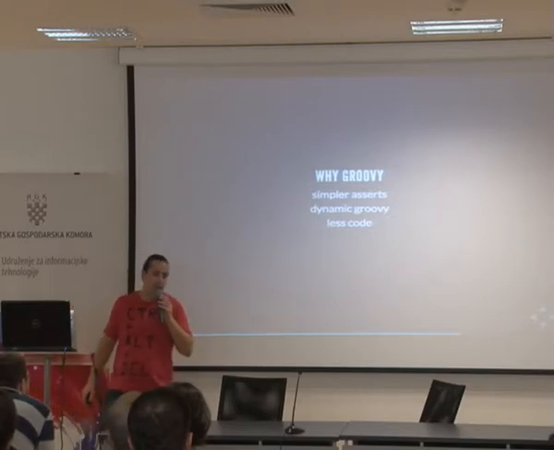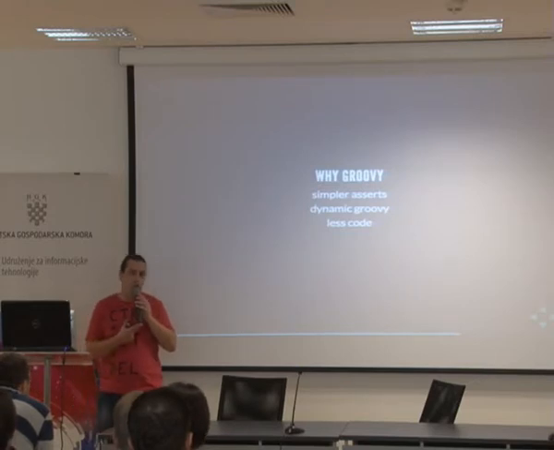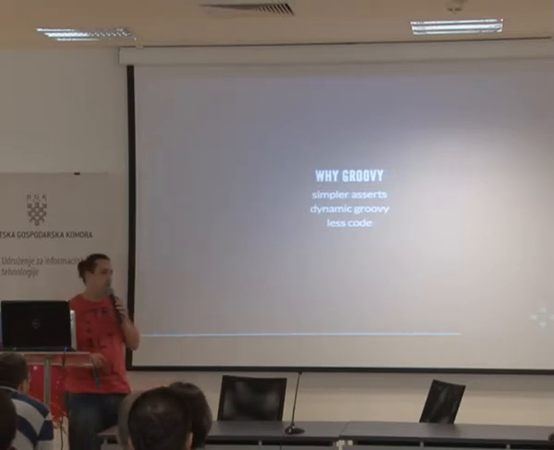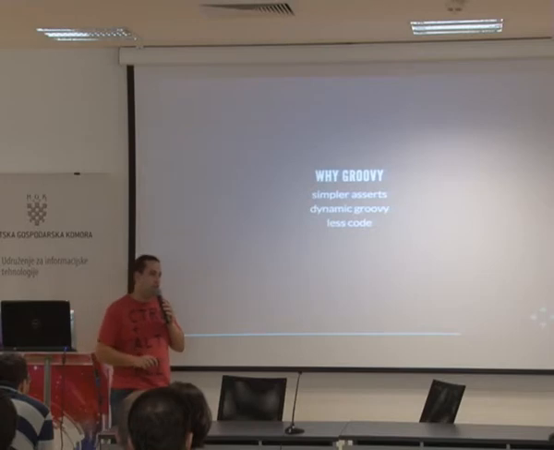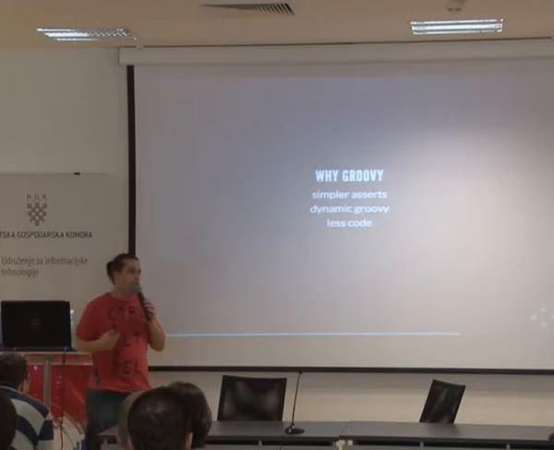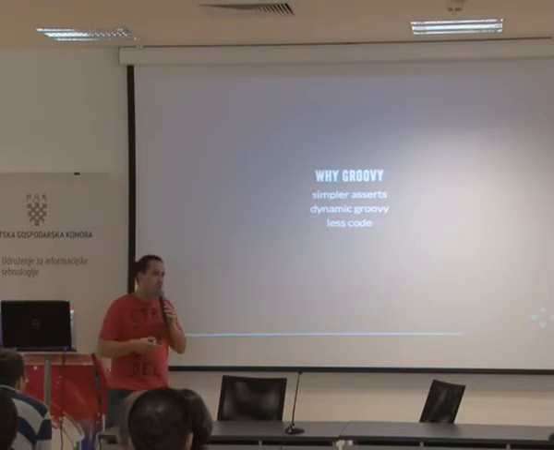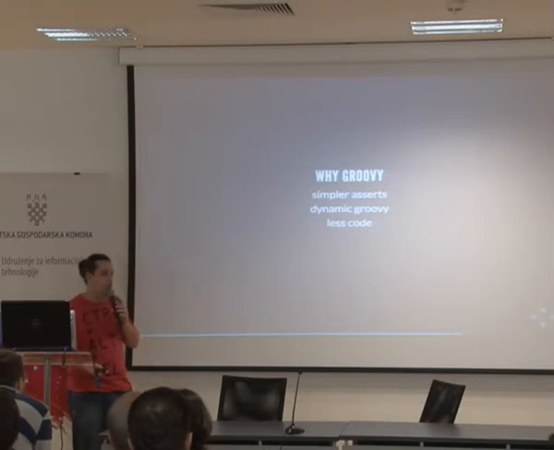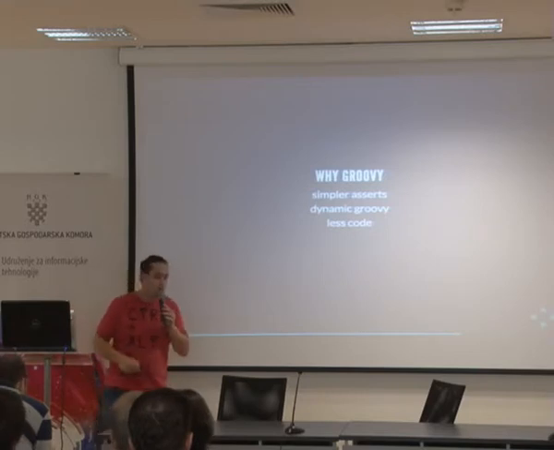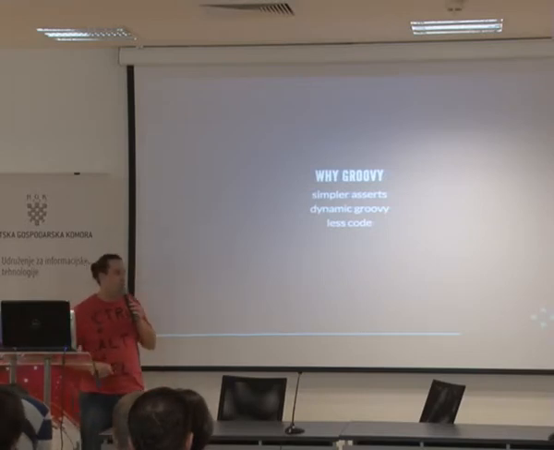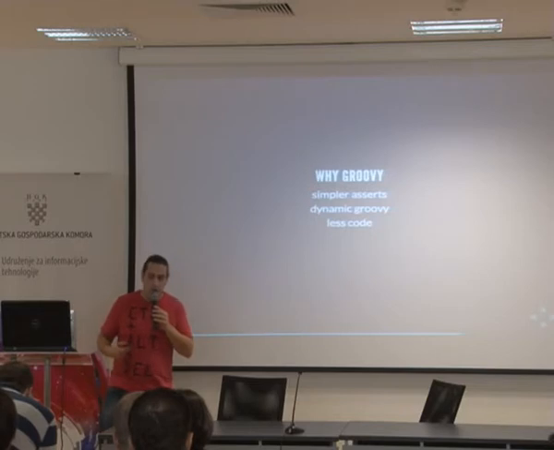Groovy is a fully dynamic language, so if we really want to, we can easily replace method calls on existing objects without having to use Mockito's abilities to, for example, replace a call to a method on a real object. And also because it's a lot less verbose language, we can write a lot less code